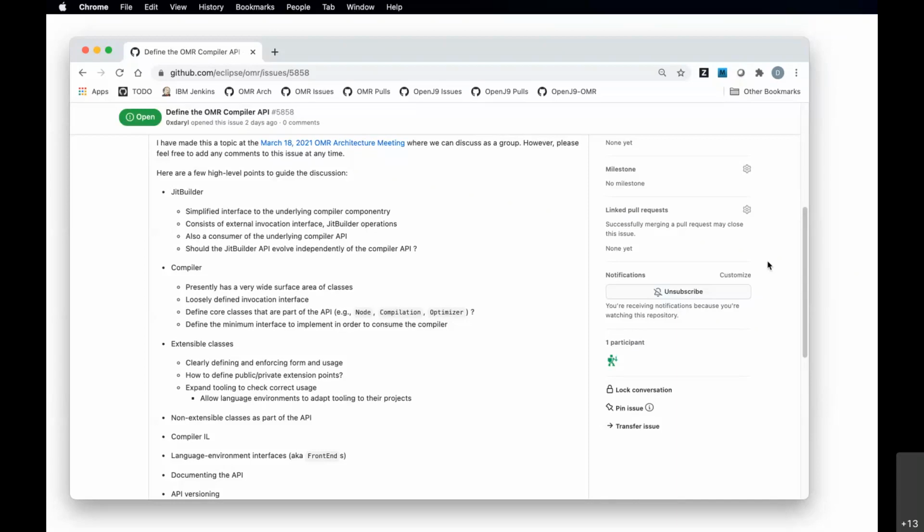Okay, so because there is that opinionated consumer of the OMR compiler at the moment, while you were talking, I was thinking if there was some way that we would inject another API somewhere between JIT Builder and the collection of classes that we call an API for the compiler at the moment, so that the opinionated consumer can, at least for now, tinker with the internals, whereas what we try to expose at the compiler level is a bit of a higher level API that hopefully has more stability and maybe even more language agnostic features in it.